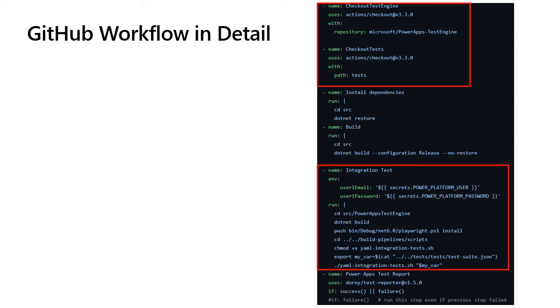And here the big ones are the secrets. You need to go into GitHub and set up secrets for the email and password. All of that documentation can be found on the Power Apps Test Engine repo README. This run here is changing the directory to go into the source for Test Engine and to build it, to run the Playwright install, which will get all of the browser drivers. It'll change a directory to go to the scripts where our scripts will be at,